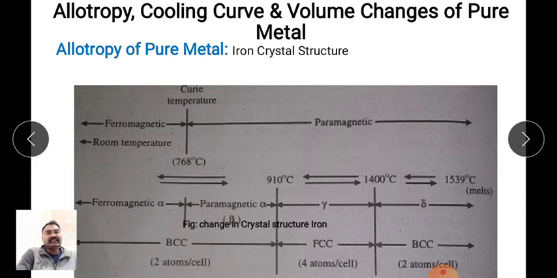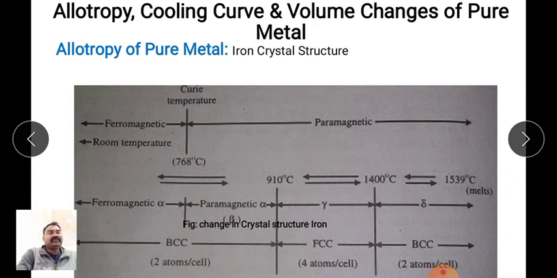From 768 to 910 degrees Celsius, it is paramagnetic. From 910 to 1400 degrees Celsius, it is austenite, which has an FCC structure containing 4 atoms per unit cell. And one more thing: from 768 up to 1539 degrees Celsius,